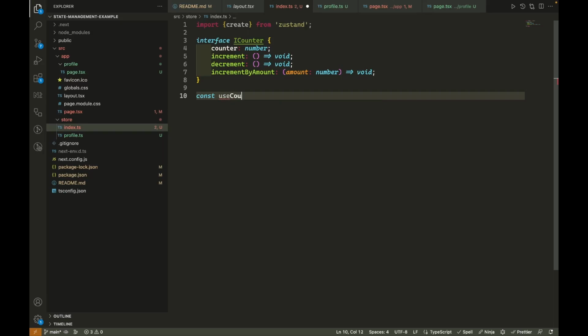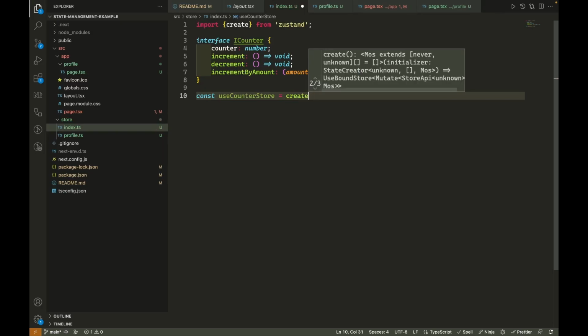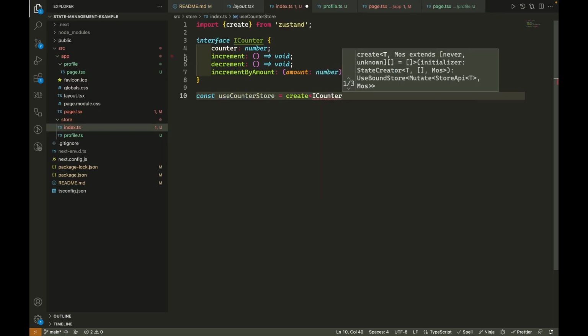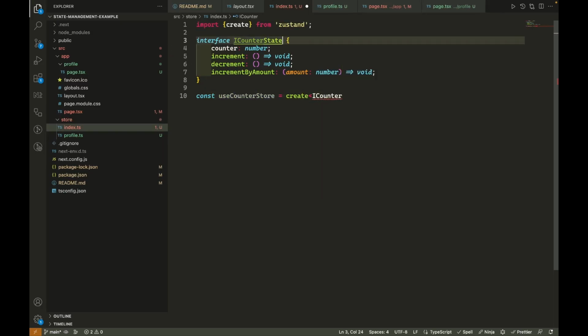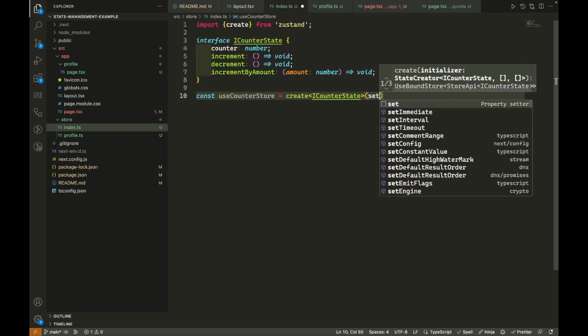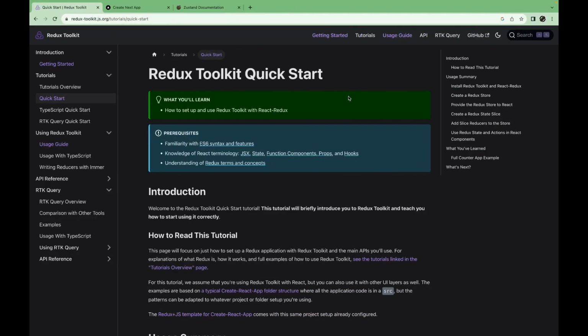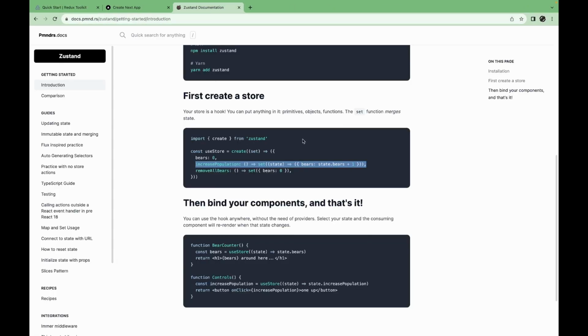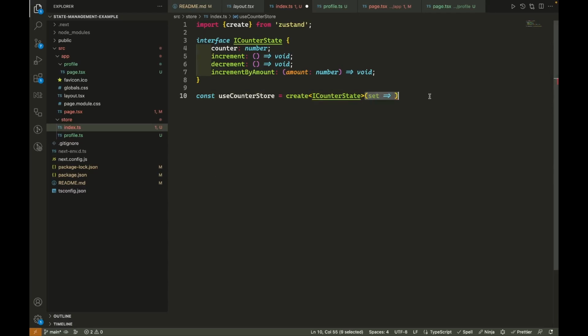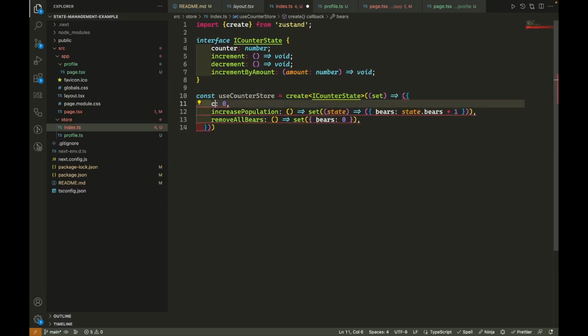So use counter store equal to create, and I will specify my counters. Let me name it as counter state, which makes more sense. Set, and then I think we have methods. Let me quickly check in Zustand documentation. So I think I'll just copy paste this part so it gets me even easier. So I'll do counter as 0,